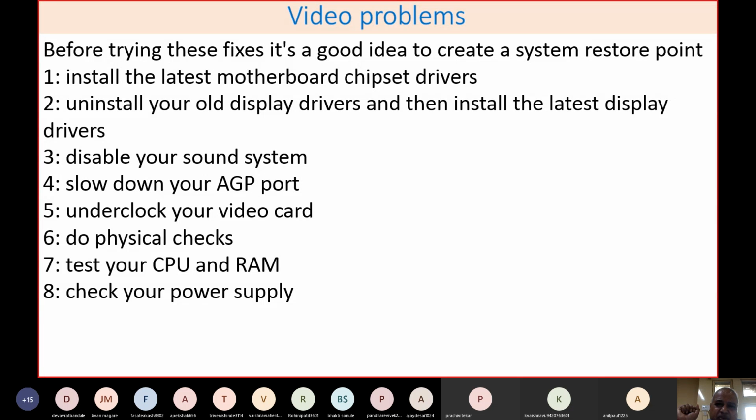Now if you face any video problems, it is suggested that you go for creating a system restore point. This is one facility given by the Windows operating system. Whenever any new software is installed, Windows automatically creates a system restore point. If there are any problems in your system, or it hangs, or it doesn't start, then you can fall back to that restore point.